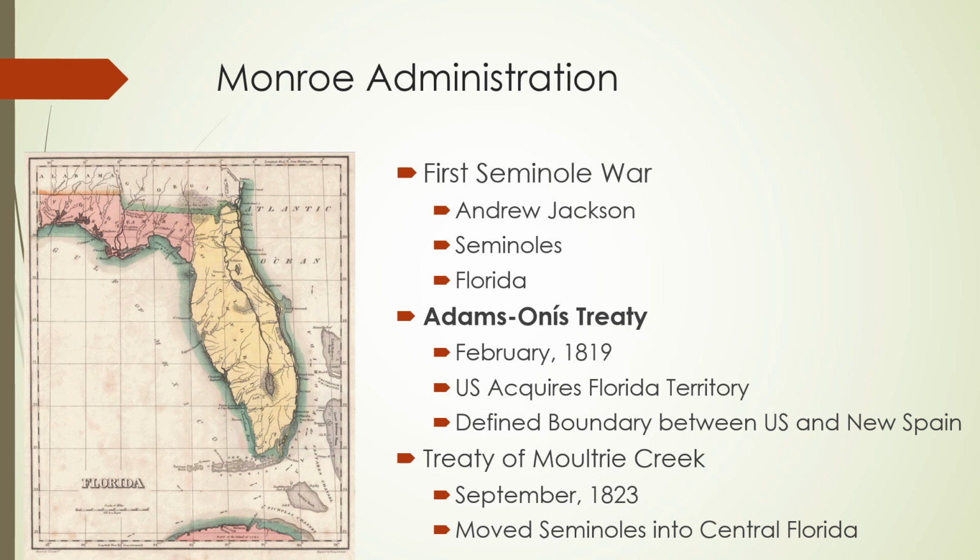Okay, going to the south, all right, there is something that could hardly be called a war, but we're going to call it a war. People refer to it as a war, the First Seminole War. And so after the War of 1812, if you remember, during the War of 1812 in the South, we had what was called the Creek War, and Jackson had defeated the Creeks at Horseshoe Bend, which gave the United States large parts of Alabama and Georgia from the Creeks. Florida belonged to Spain. It's its own, it's not part of the United States.